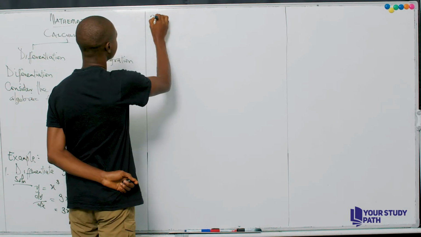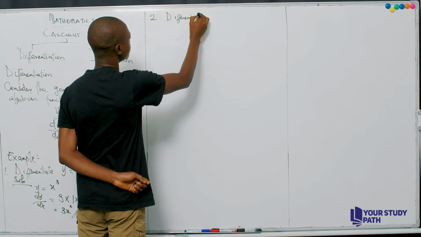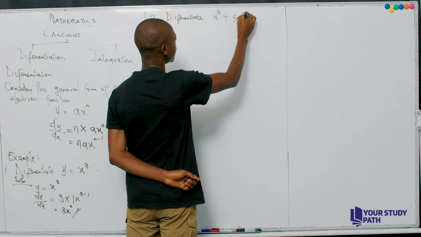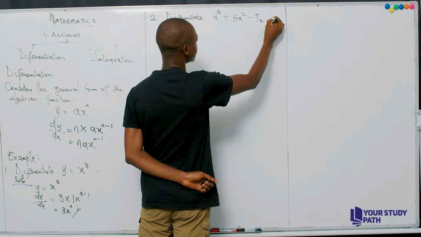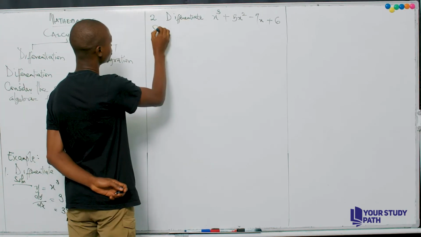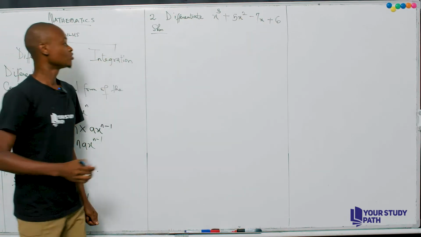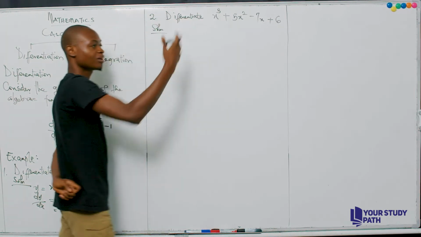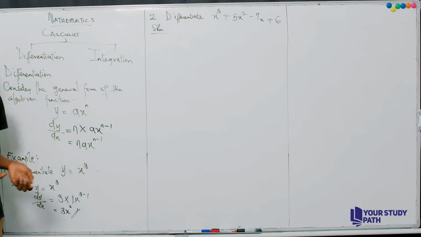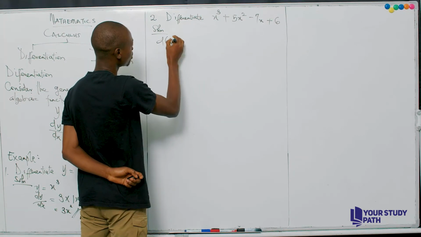For example, let us differentiate x cubed plus 5x squared minus 7x plus 6. This is what we want to differentiate. How do we do this? Solution. Now, of course, you have been given the algebraic function. They are to differentiate this algebraic function with respect to x. Now, of course, you can say let y be equal to this. That's fine. But a very shorter way of doing it is differentiation of this algebraic function